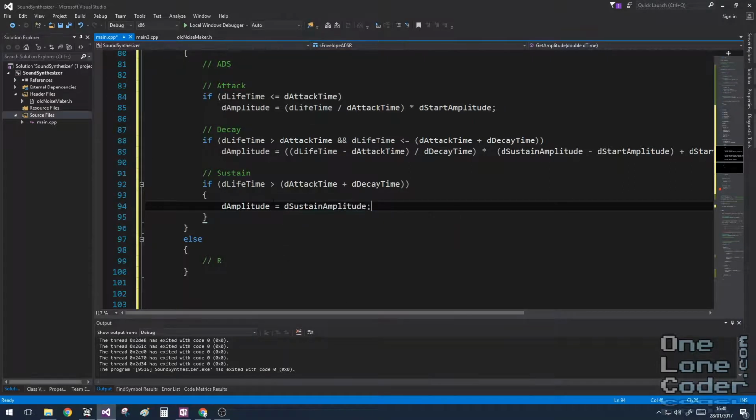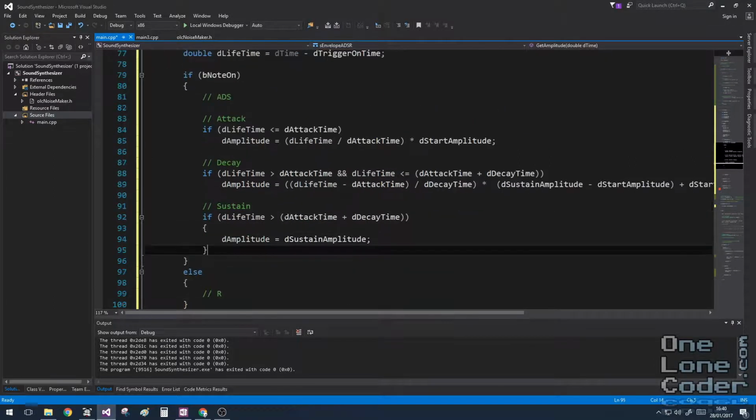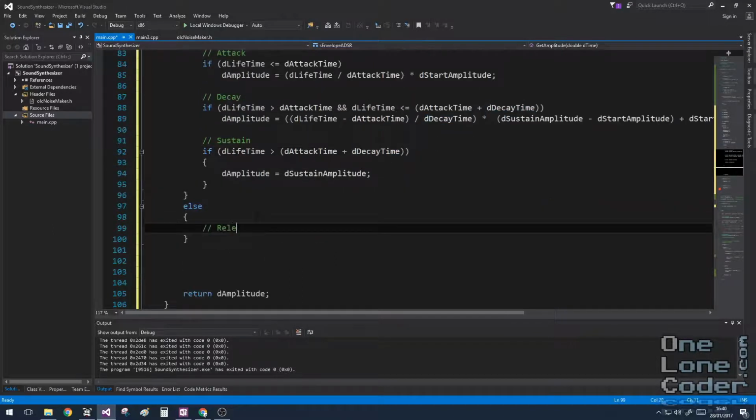And that's been described in our structure. So any time after the attack and the decay phase is finished, and the key is held down, sorry, we exist in our sustain phase. So all we can do is output a solitary volume. Now, in our release phase,